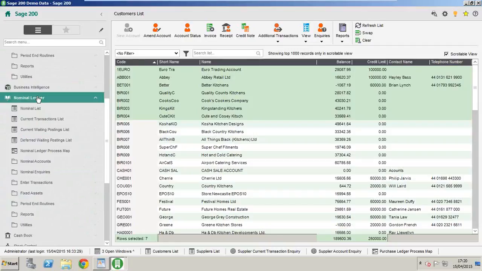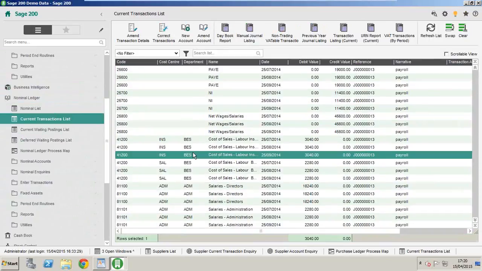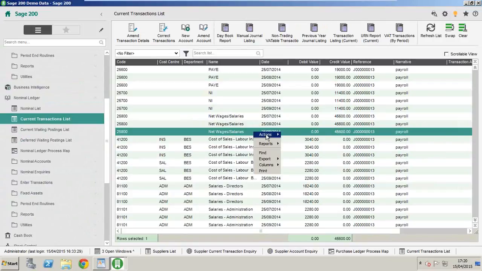Obviously, it needs to adhere to certain criteria. So say if a transaction's been posted, it's cleared the bank, or it's been deleted, or if something's been invoiced and posted out and reconciled and paid, it won't allow you to change it. However, if I find one of these which has got something in,